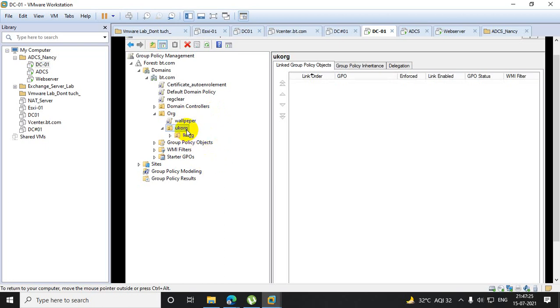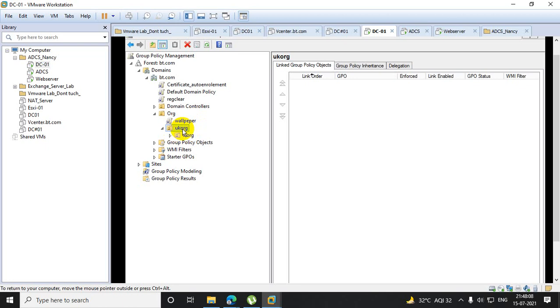Now tell me, if I want this wallpaper policy not to be applicable for this particular OU's users, that means I know my organization or OU has a policy, and this policy is inheriting to the child OU, but I want it applied on this OU while this OU skips it. That means the wallpaper policy will not apply to this particular OU. Do you know what term we use here? Technical terms. Who can try? What exactly is the technical term for saying that the policy will not apply to this particular OU?